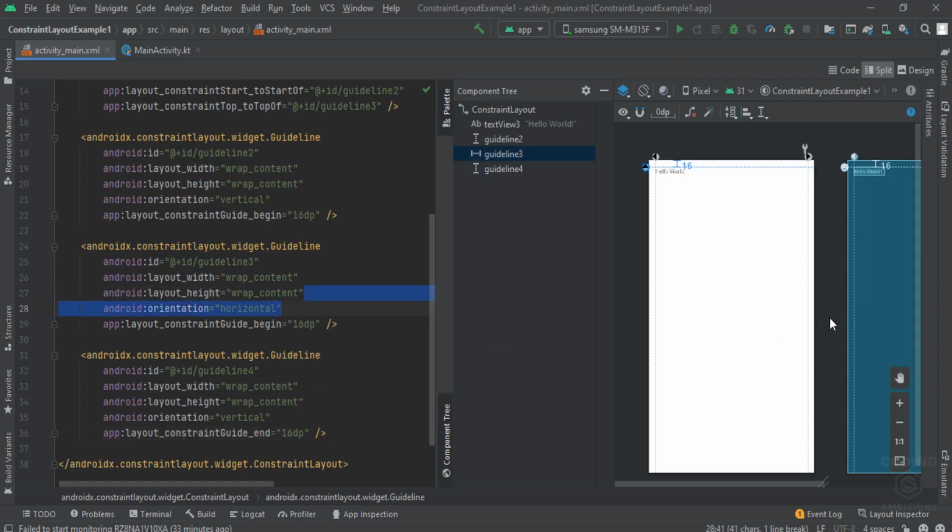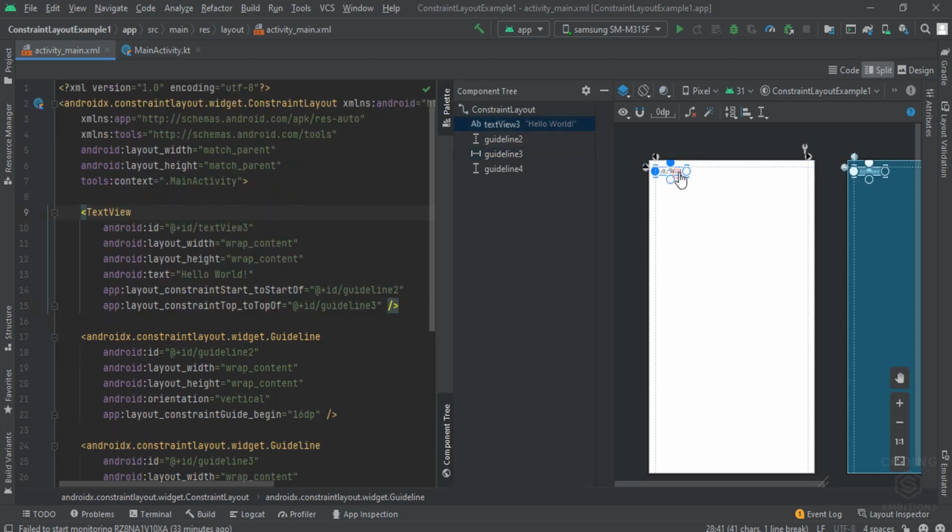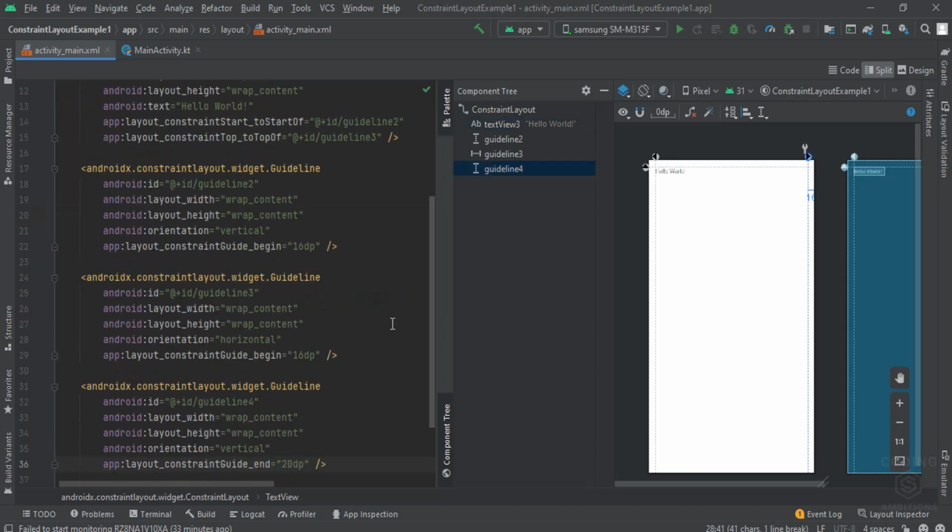I think we have already used these guidelines for this component. So similarly, as we have used for top, we can also use it for bottom. Similarly we can also add one more guideline. So these are the guidelines. If we want to follow some guidelines for our complete layout, then we can use guidelines as well. And now we come to the second part, and for that let's undo our code here.